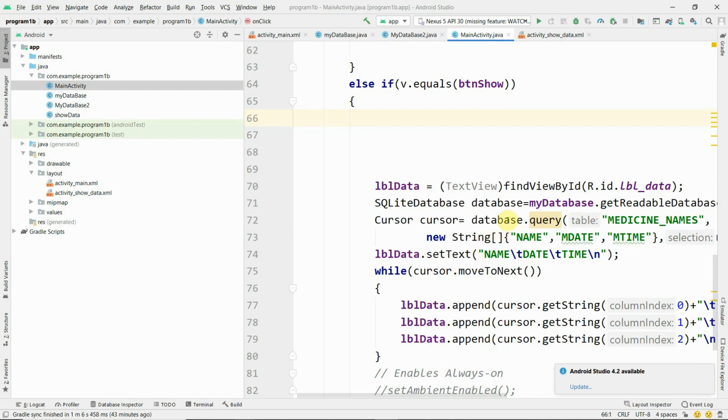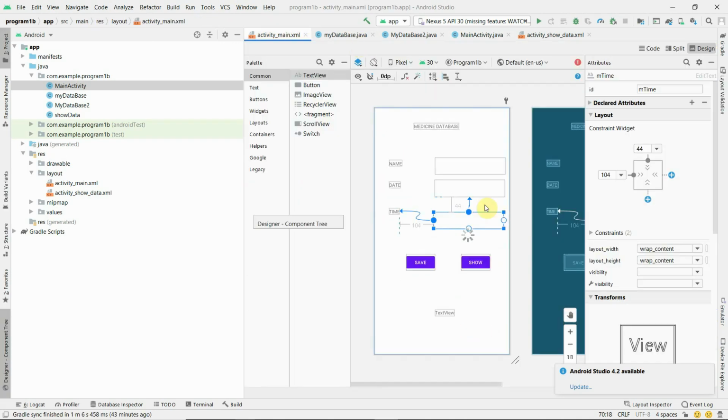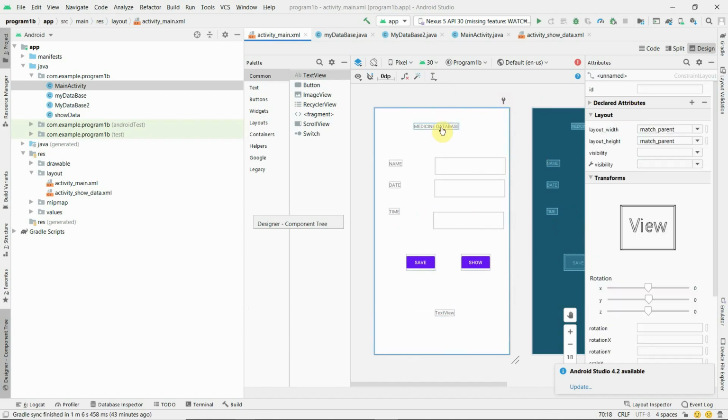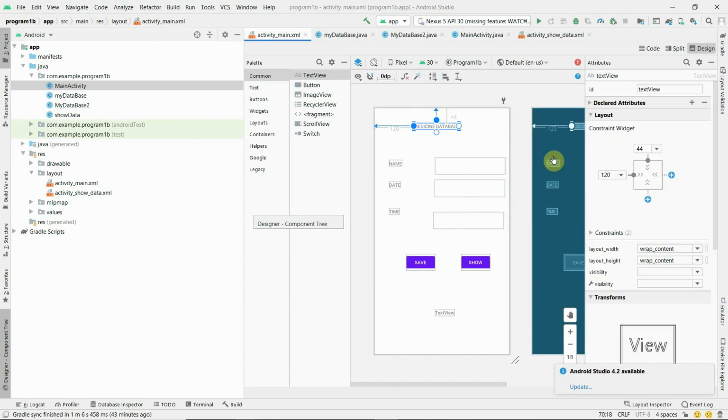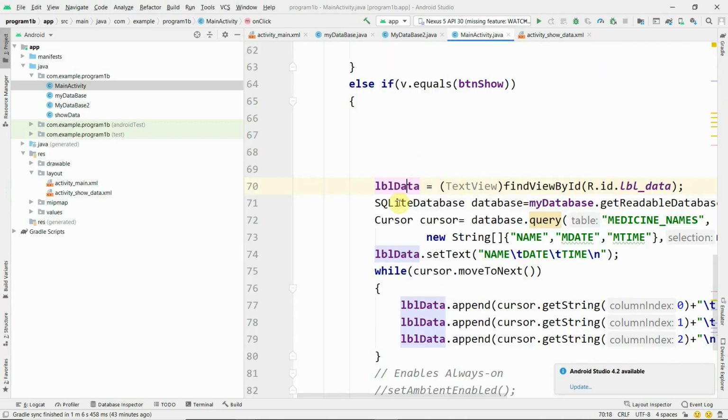To do that, we have already created a label or a text view here, label data 1. This is the text view for label data 1 to show the data. Now here is how we are going to use label data 1.